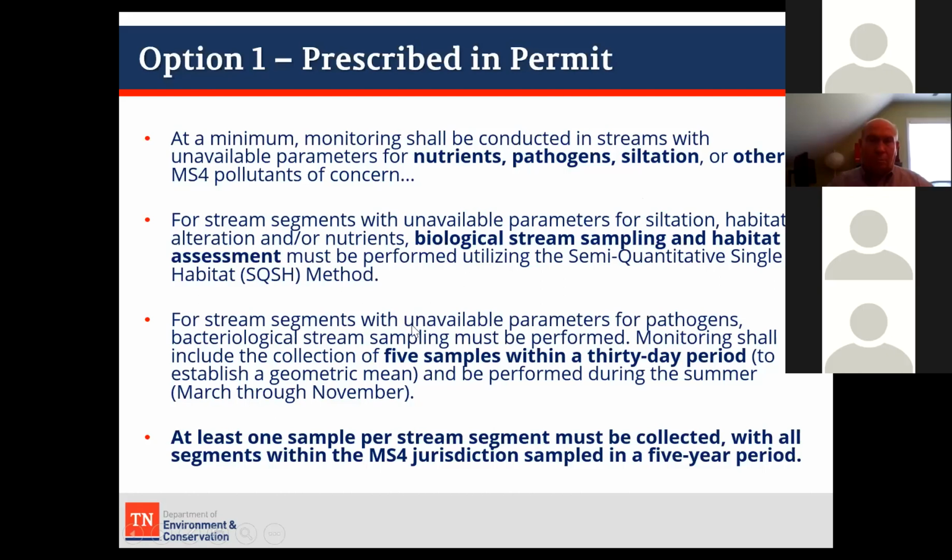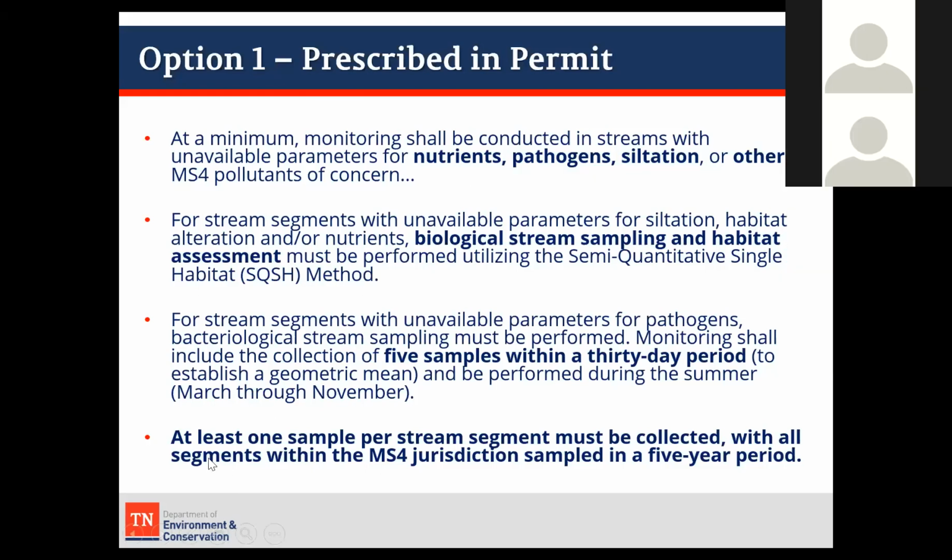It specified that if you had stream segments that were unavailable for parameters for pathogens, that you had to do a certain requirement of 5 samples within a 30-day period in those unavailable stream segments. But something that was really important is that, especially for your larger areas, a lot of large ag areas, at least 1 sample per stream segment must be collected,